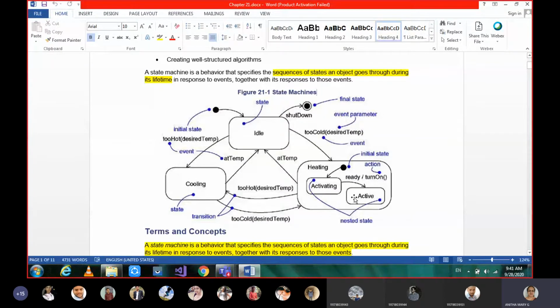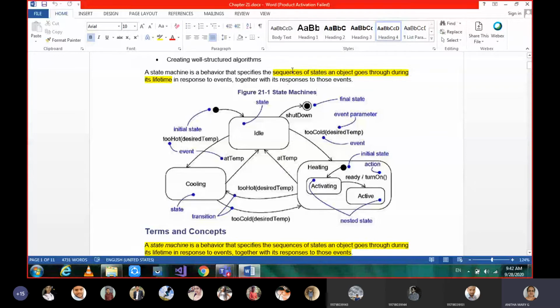These we call nested composite states. A state which can be decomposed into further states is called a composite state. We'll be studying the details later. Here, let's see the scenario.